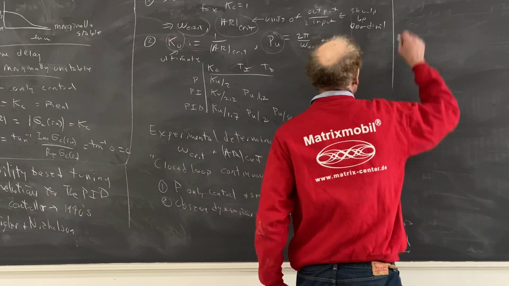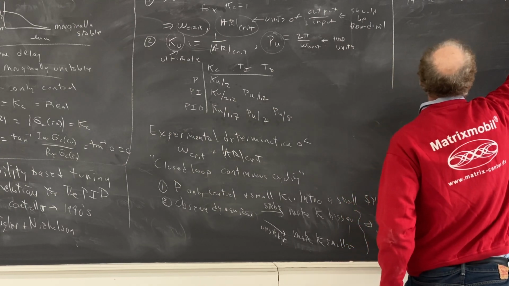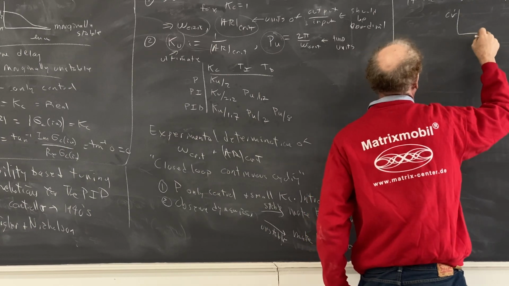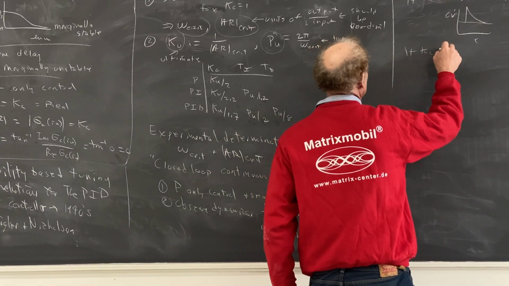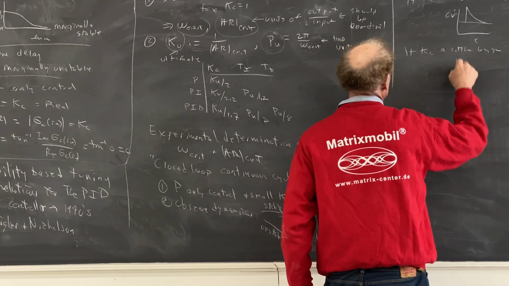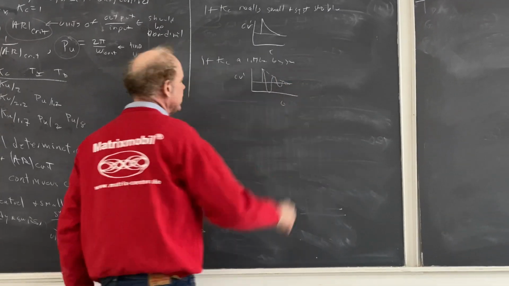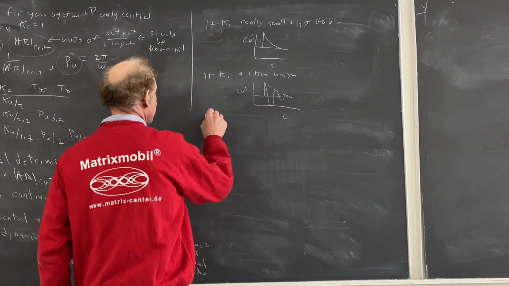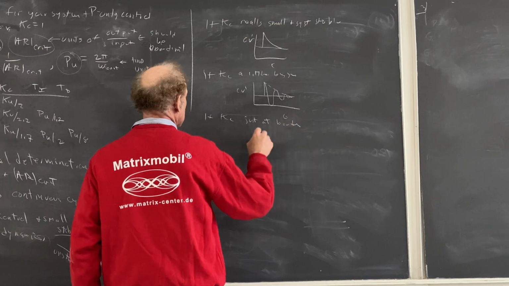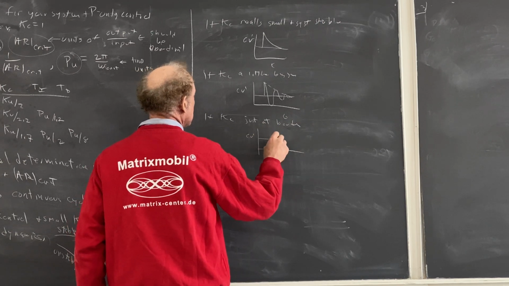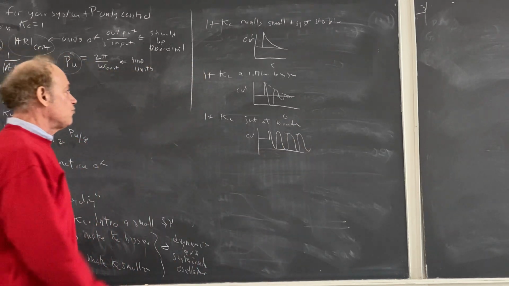So if KC is really small and the system is stable, then CV prime over t is just going to go exponentially. If KC is a little bigger, then CV prime versus t is going to oscillate, but it'll eventually settle. It's going to be underdamped. If KC is just at the border, then I'm going to get sustained oscillations. And of course, if KC is too big,